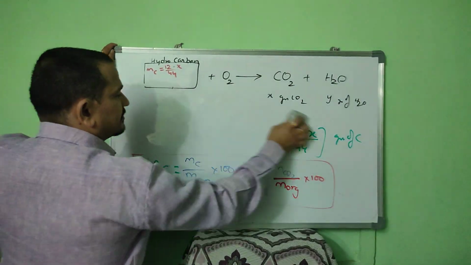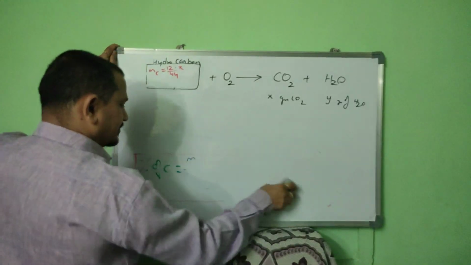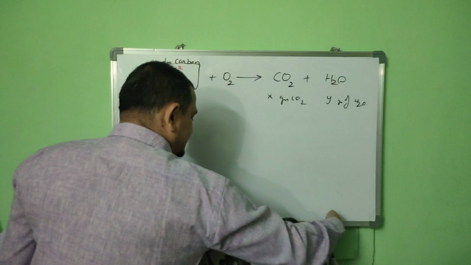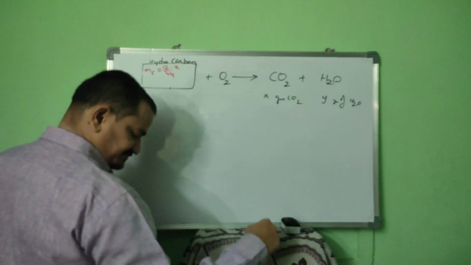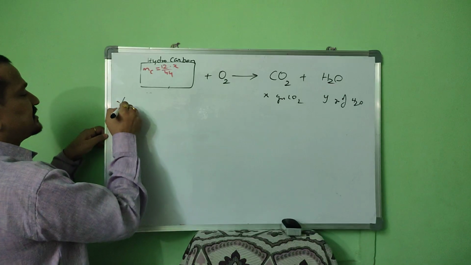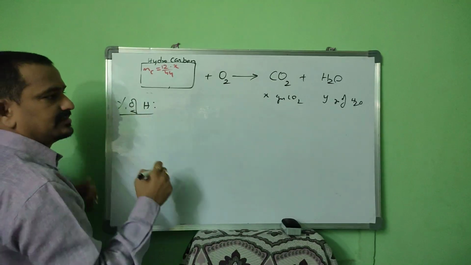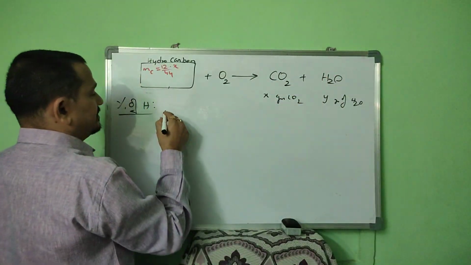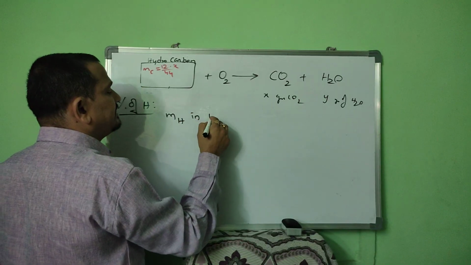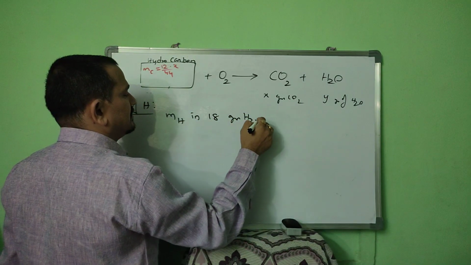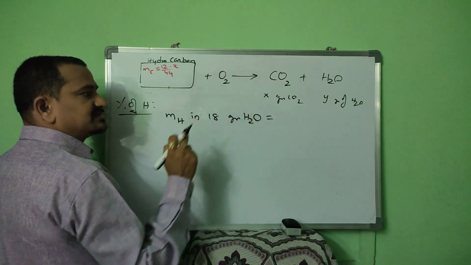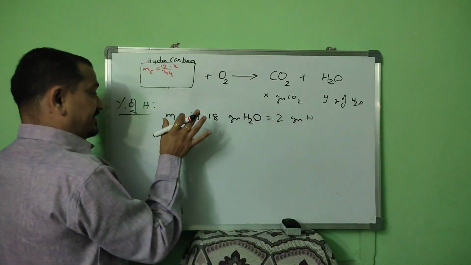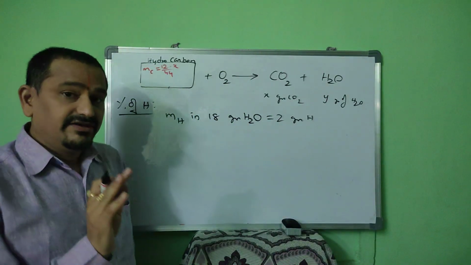Now let us see the next one: calculation of percentage of hydrogen. What is the molecular mass of water? 18 grams, 2 plus 16, 18. What is the mass of hydrogen in 18 grams of water? 18 grams of water has how many grams of hydrogen? 2 grams. When every 18 grams has 2 grams of hydrogen,